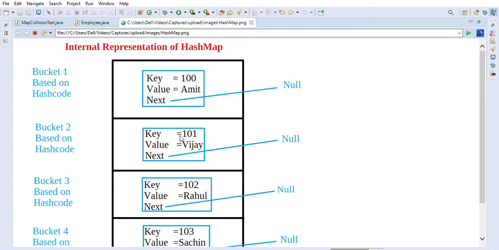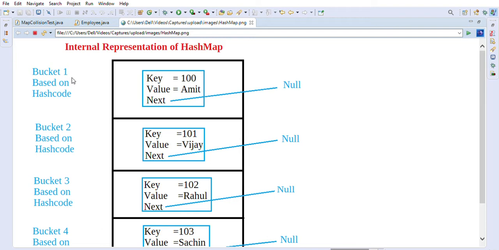The hash map, as you can see, every object will be put in a bucket, right? So every object has a key, and basically hash map is a key value pair, right? So we want to associate some object with some key. Basically, that's when we use hash map. So a key should be an immutable object.